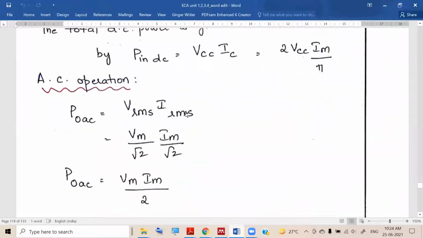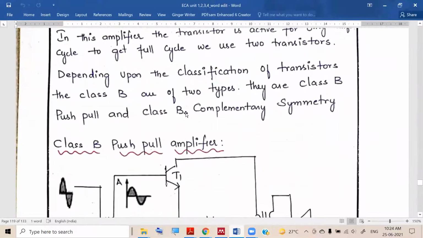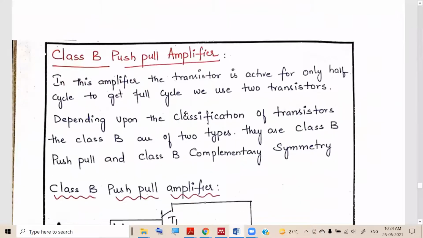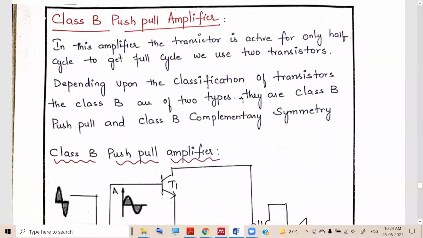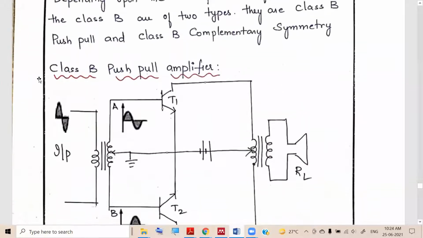So in the previous class, we were discussing the class B amplifier, and under class B amplifier, we have two categories: the class B push-pull amplifier, and the class B complementary symmetry amplifier. We have seen that for the class B push-pull amplifier, we have two transistors,